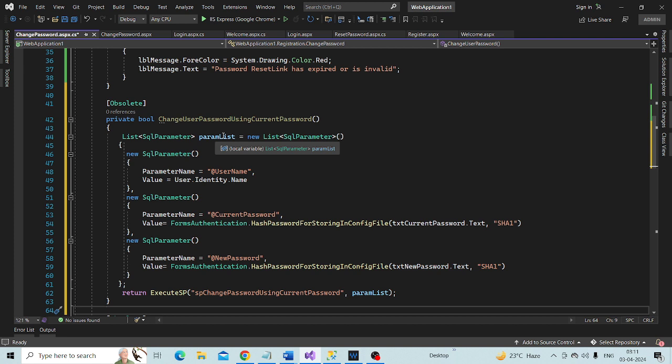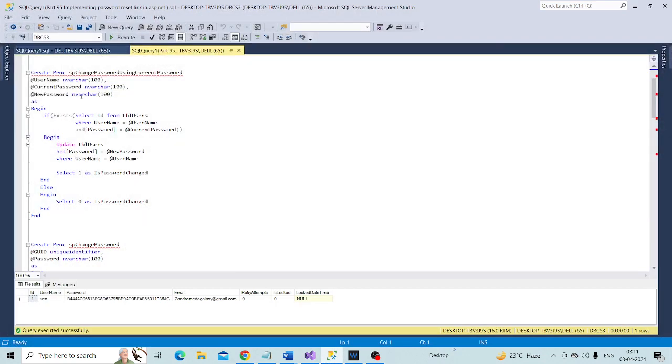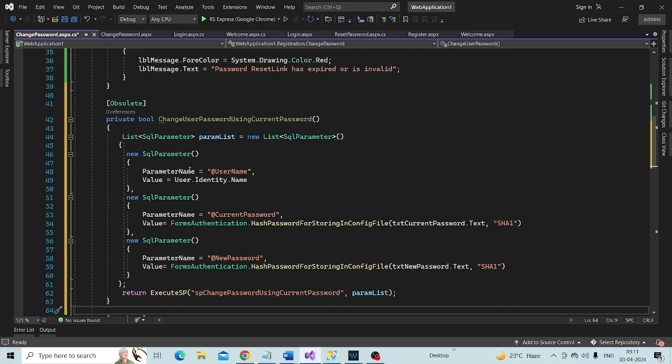Since our stored procedure is expecting three input parameters, we need to pass those three input parameters. So this is the first input parameter. At username is the name of the parameter. So add username,